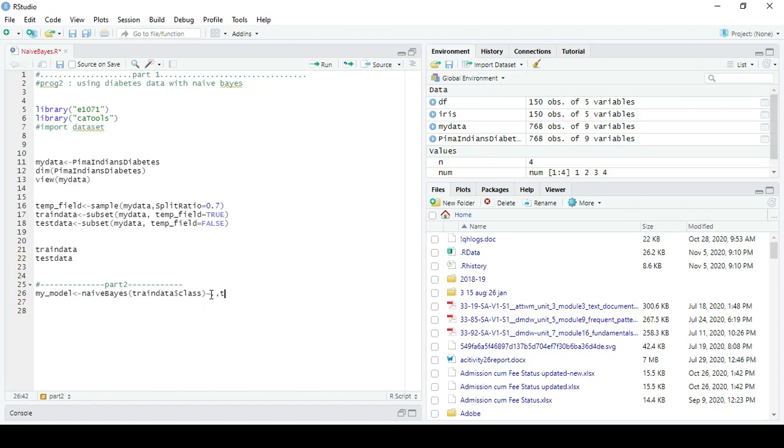Train data, my model. This is for the second part. Now we are moving to the third part.